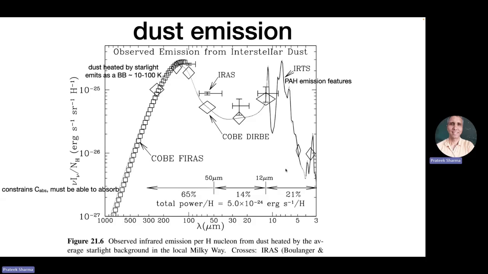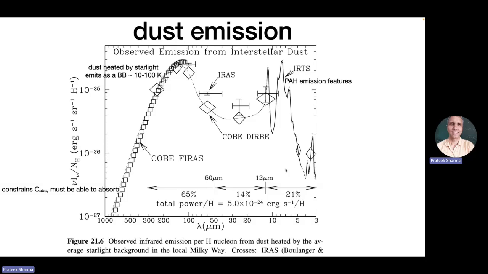The high density, cold regions like molecular clouds are places where dust must form. But the understanding of how dust forms is still not very good. In fact, we do know something. AGB stars: after the main sequence, a sun-like star or slightly more massive star goes through this AGB phase. They evolve off the main sequence and produce dense, cold stellar outflows in which a lot of dust can condense and go into the ISM.